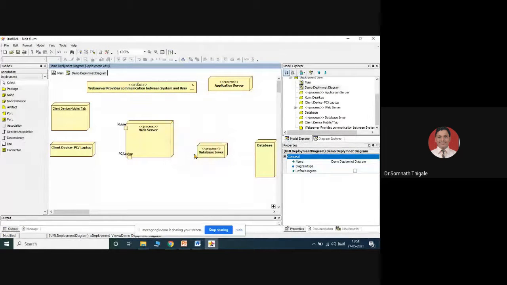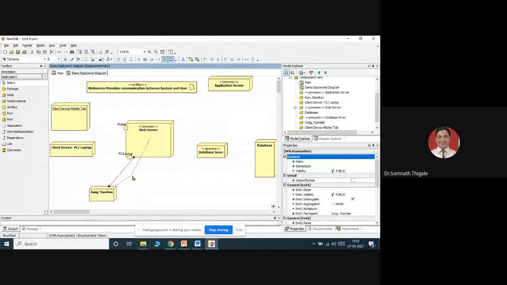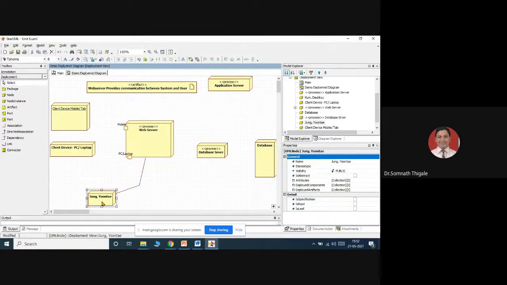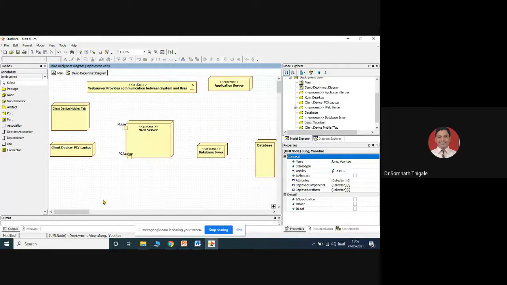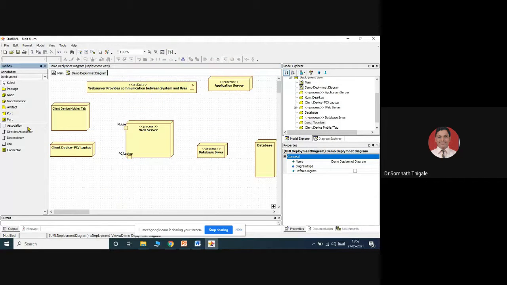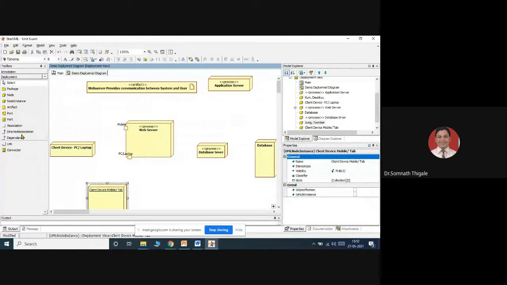Connect elements exactly. Okay. So this is a node instance, correct. Is connected. It is allowing now. Now it is not allowing.